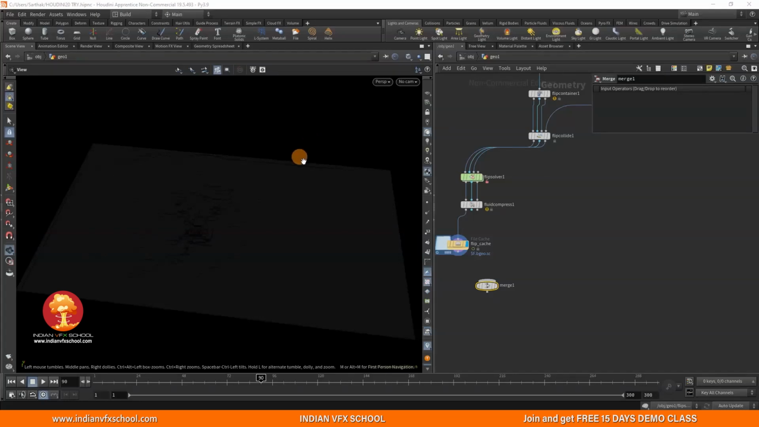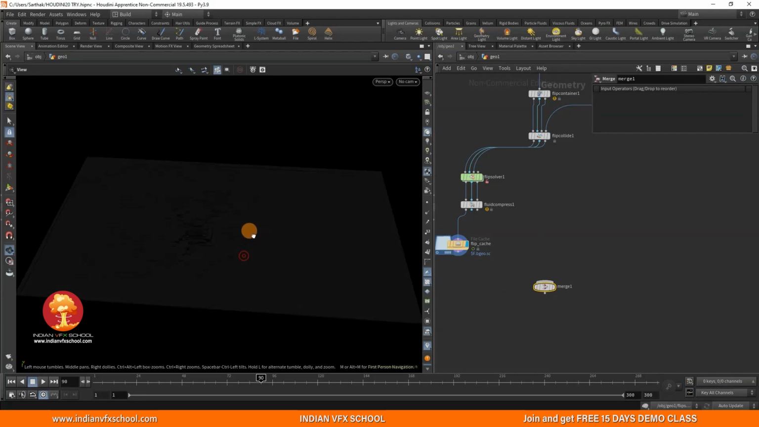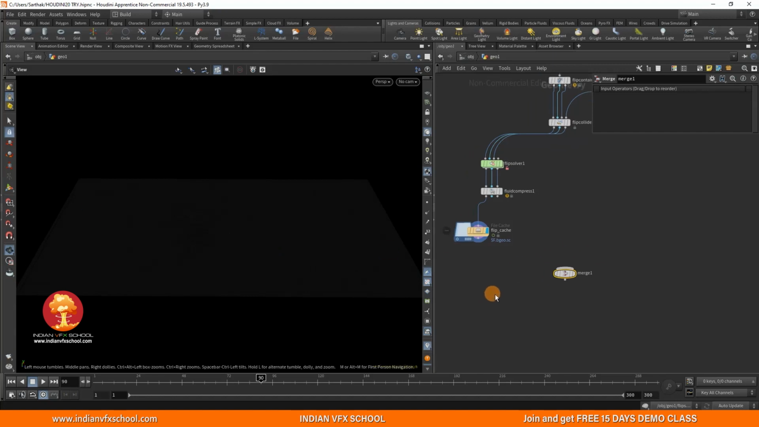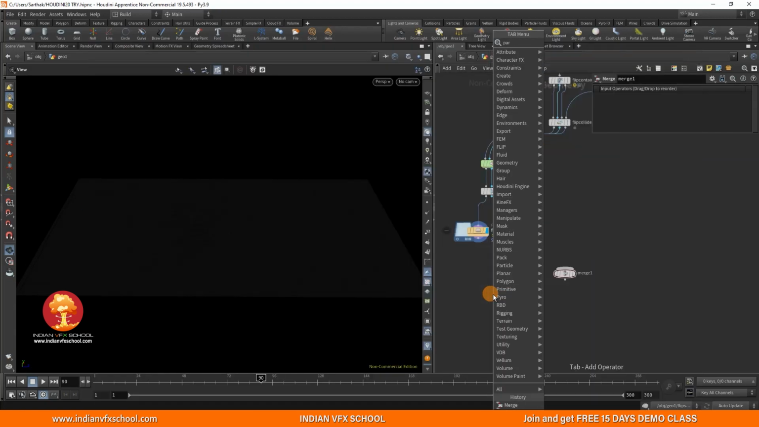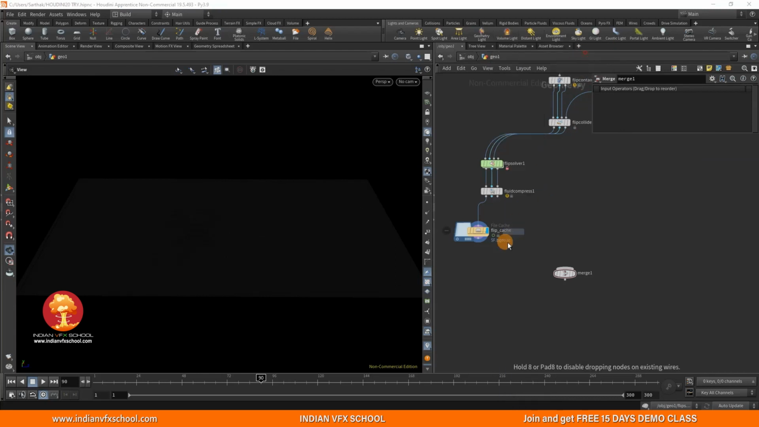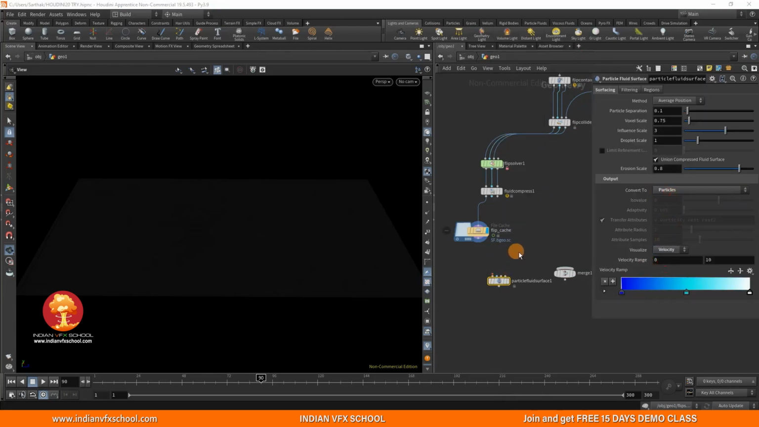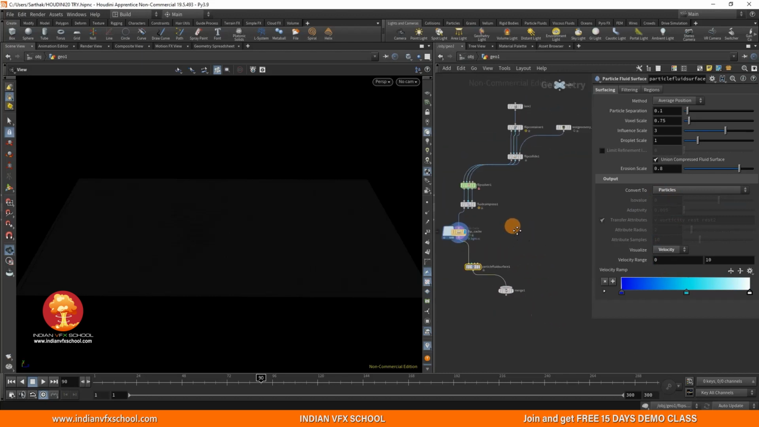Alright guys, so welcome back to part 2, and we have already done the cache of a flip simulation. So let's see how this thing is looking. I'll just add a particle fluid surface just to visualize the particles, and I'll change it to the particles as of now, and just click on this, visualize this thing as a velocity. Okay, and let me just connect this with the original geometry over here,